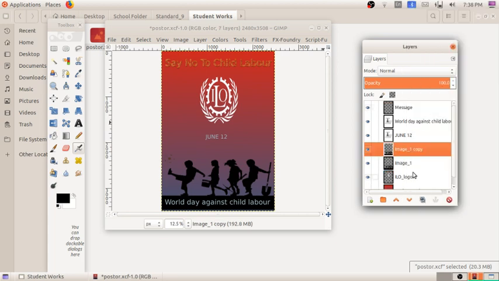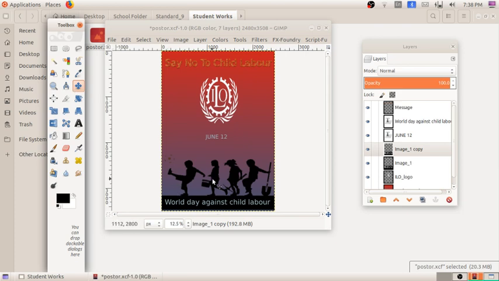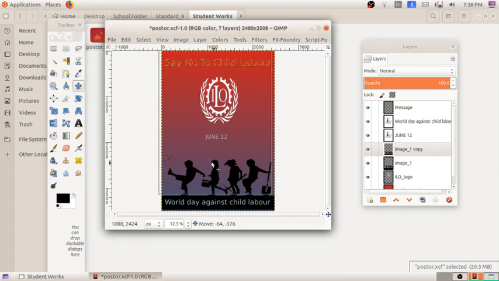After taking the duplicate layer, you can see the duplicate layer of this image appeared here. How can we see that? By using the move tool, it will be visible to us. So I am moving the picture using the move tool.